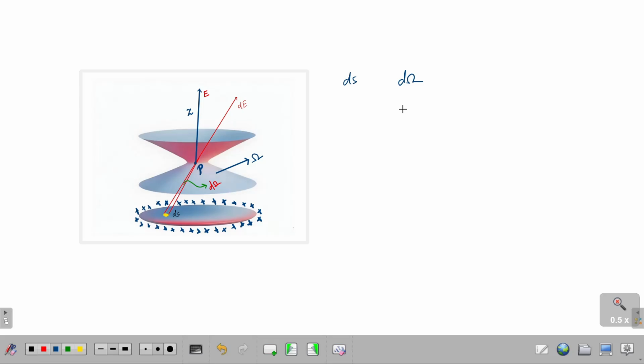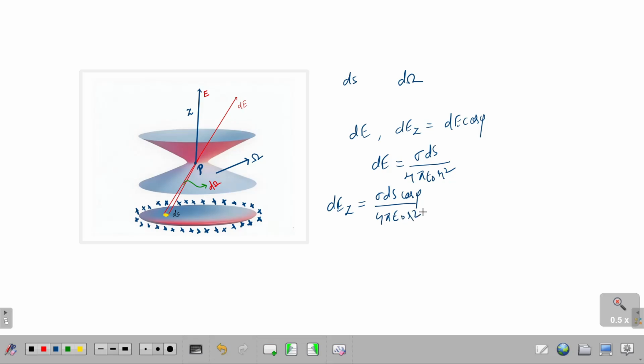We can write the increment in electric field dE along the z-axis so that dEz equals dE cos phi, and dE is equal to sigma ds divided by 4 pi epsilon naught r squared. Now we can write dEz as sigma ds cos phi divided by 4 pi epsilon naught r squared, and